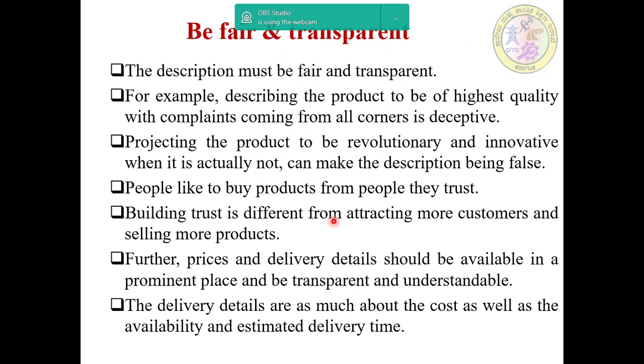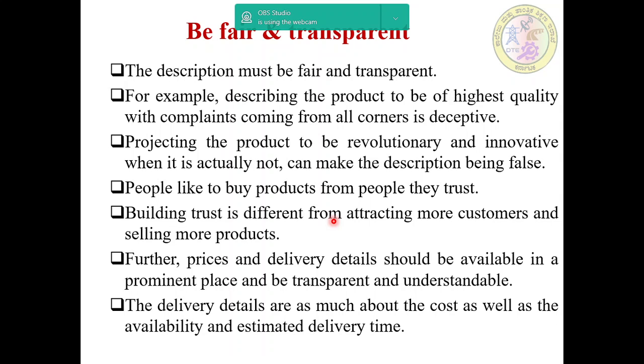And then last one is be fair and transparent. The description must be fair and transparent. For example, describing the product to be of highest quality with complaints coming from all corners is deceptive. Projecting the product to be revolutionary and innovative when it is actually not can make the description false.